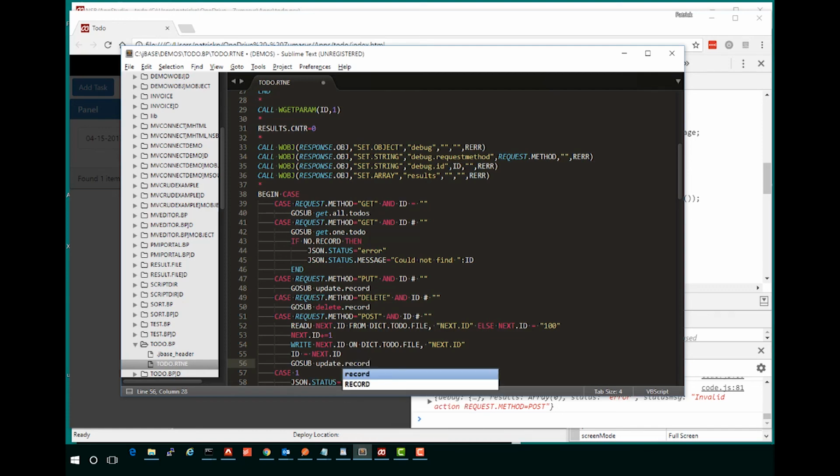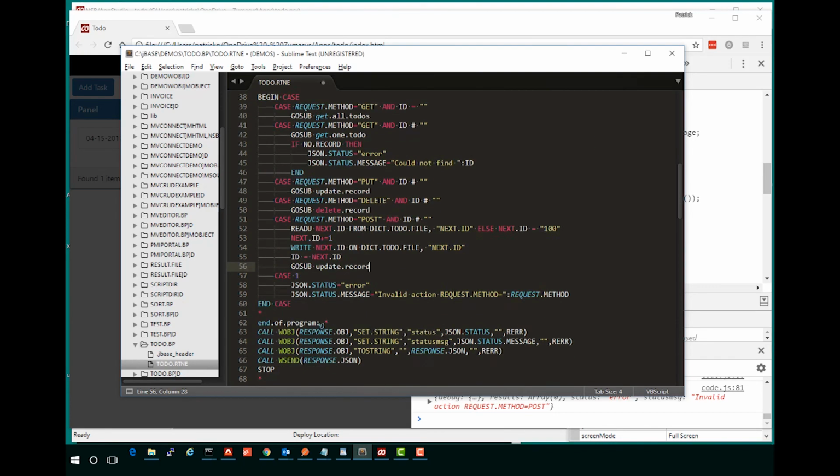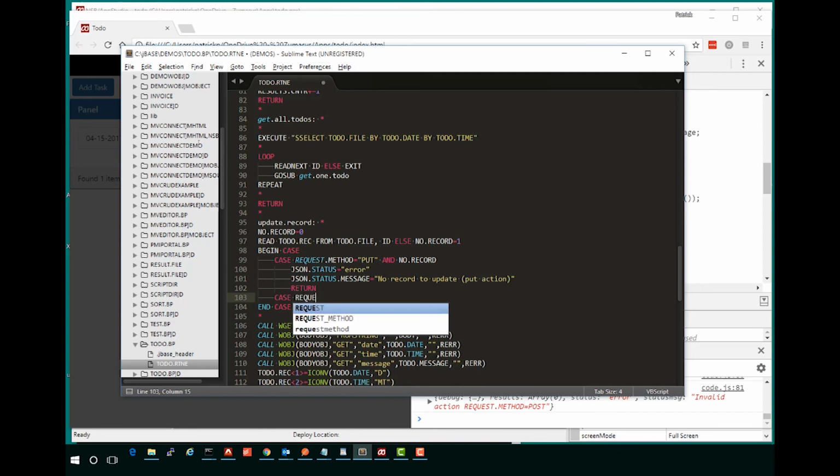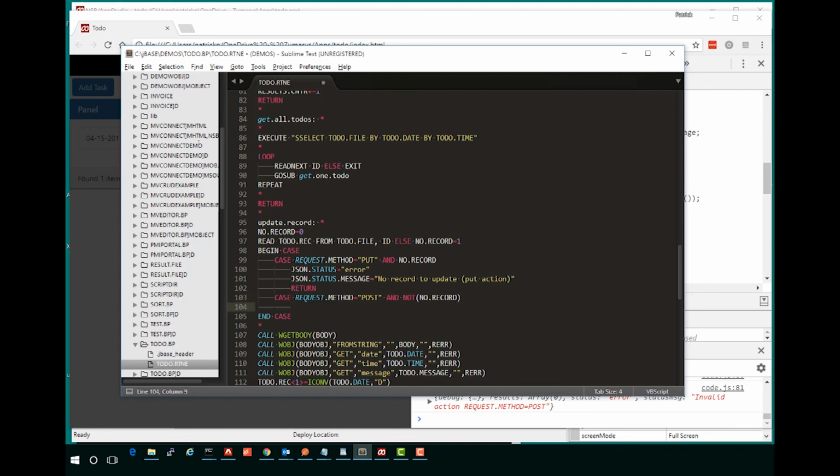update record. So we'll call the same program. But what we're going to do is go into that program now and do our second case group, because in true REST, if you've done a put, it shouldn't exist. So case request method equals a post and not no record, meaning you're asking to add a record, but the read statement came back true that there is already a record. We are going to